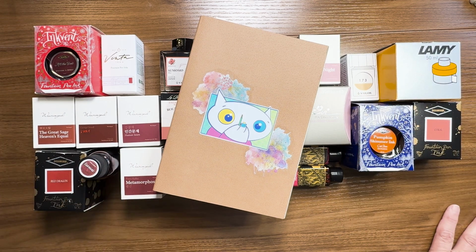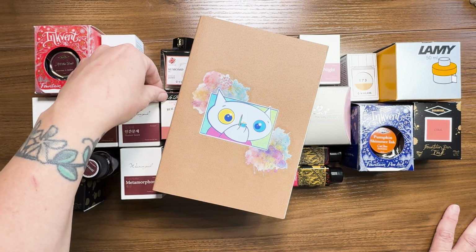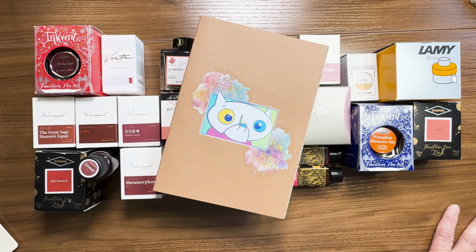So it was kind of humbling when I started to go through all of my inks and catalog them. This is kind of embarrassing, but I have 138 inks. That is too many. I won't use that many ever. So I love them all. But yeah, so 138, and I spent most of yesterday cataloging all of them and then trying to come up